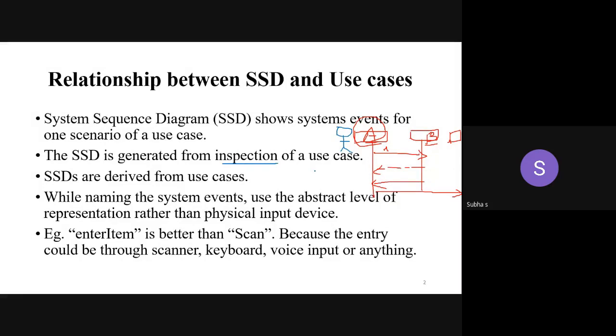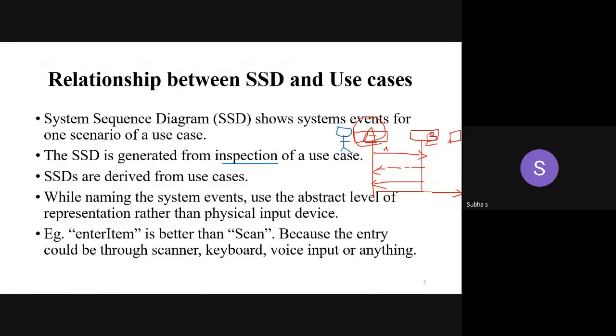There are so many use cases applicable for the student. By going through or monitoring the use cases, we can easily generate the system sequence diagram. So that is the third point given: SSDs are derived from use cases.